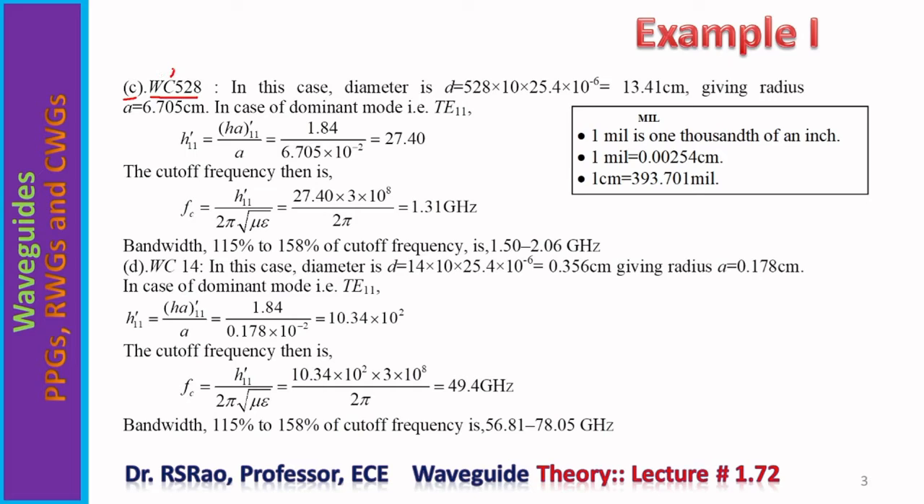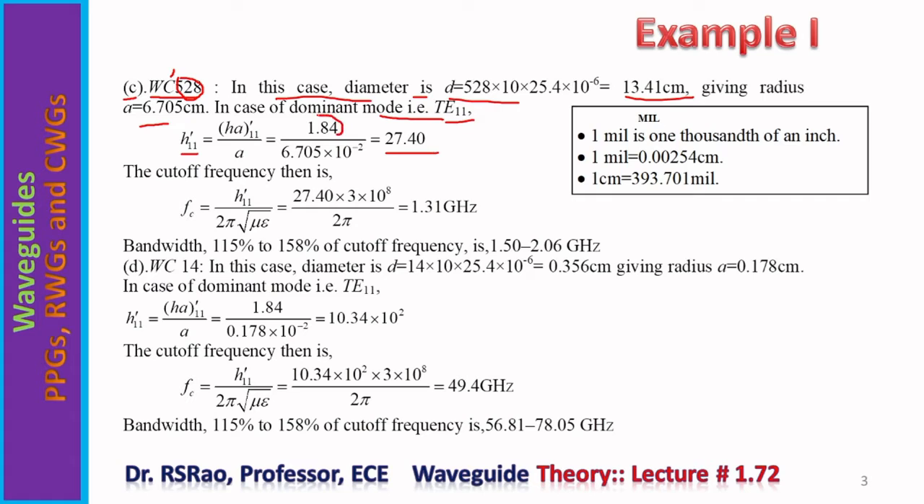C is that, therefore it is circular waveguide. In this case, diameter is D equal to 528. This 528 is this number into 10 into 25.4 into 10 power minus 6. It comes out 13.41 cm. So radius is half. A equal to 6.705 cm. In case of dominant mode, that is TE11, H11 prime is HA11 prime by A. It comes out